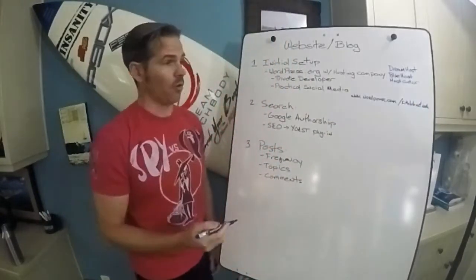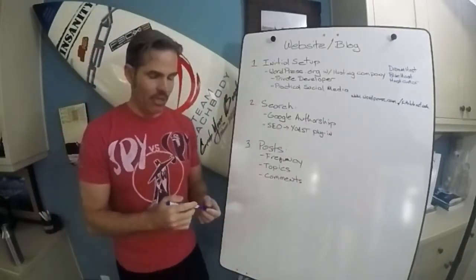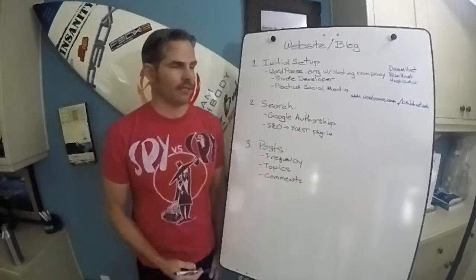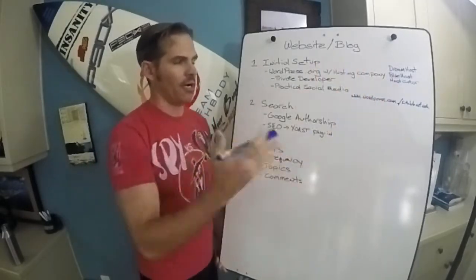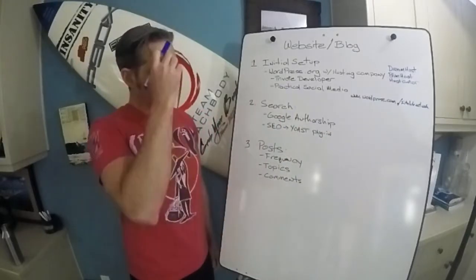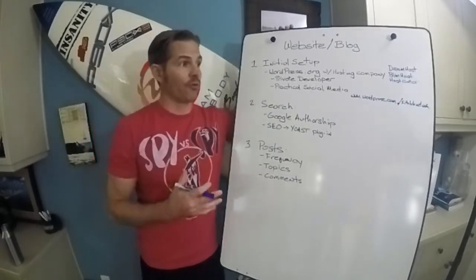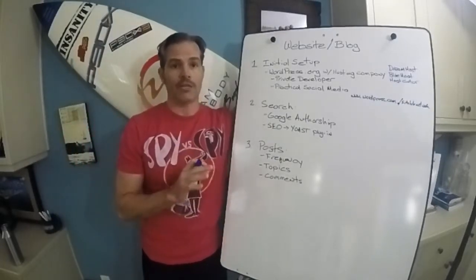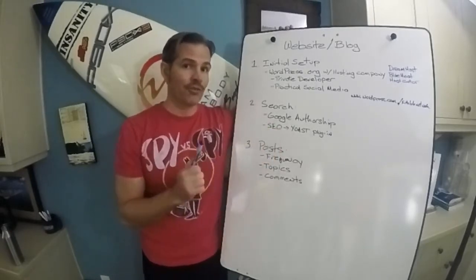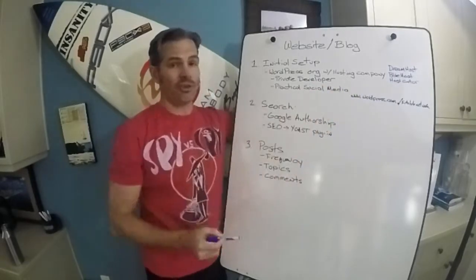WordPress.com/ or sometimes they'll put a period here instead of a slash, Fit Club Network. What that really means is I don't own that content. Same thing with Blogger. It's like blogger.com period Fit Club Network or / Fit Club Network. And those websites are okay if you're looking for a really low entry point into a blog. That's fine. But the major drawback to that is that when you put your content on their servers and you're